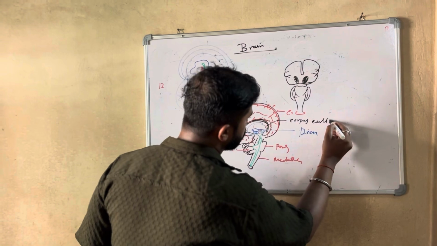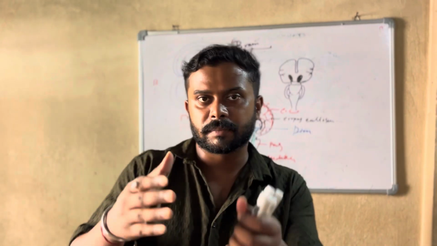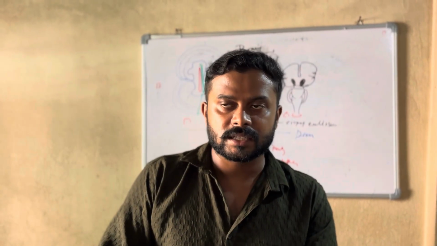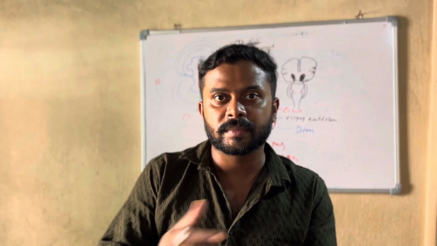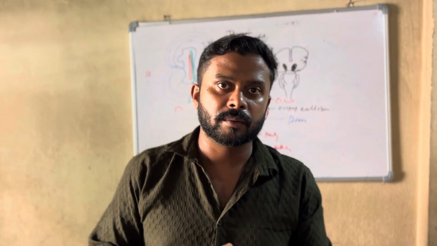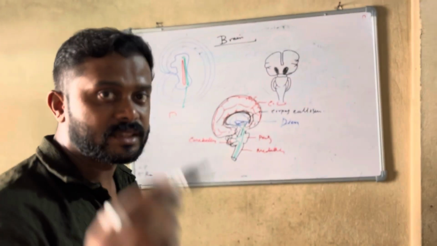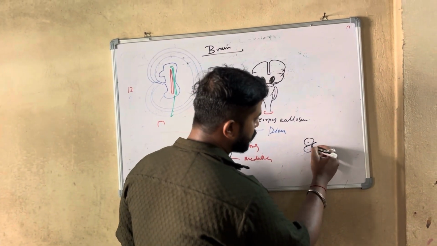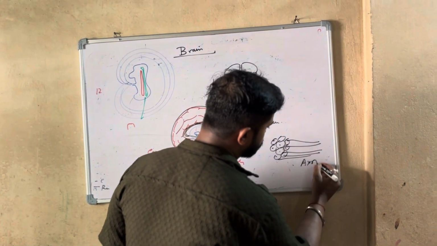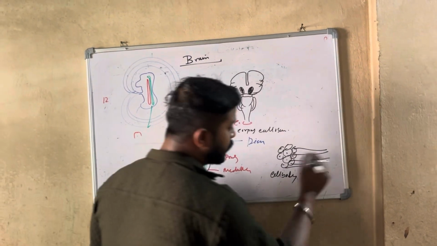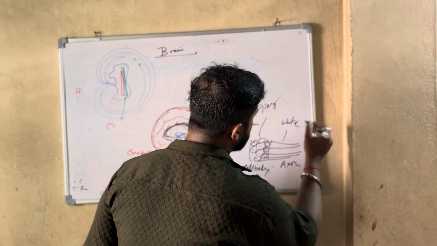And corpus callosum is a commissure. And what is commissural? You know that our brain has gray matter and white matter. The gray part is called gray matter and the white part is white matter. And why does our brain have two colors? Our brain consists of neurons, and a neuron has its cell body and also an axon. Where the cell body is present, it is gray matter. Where the axon is present, it is white matter.